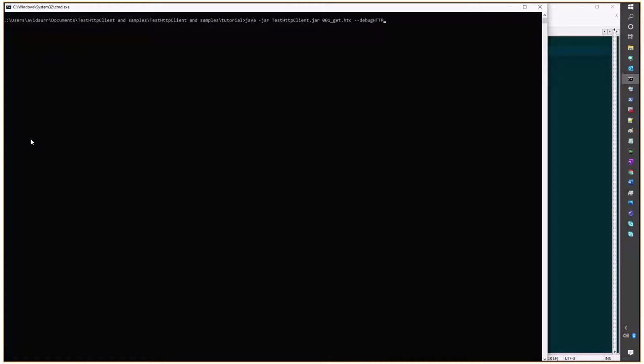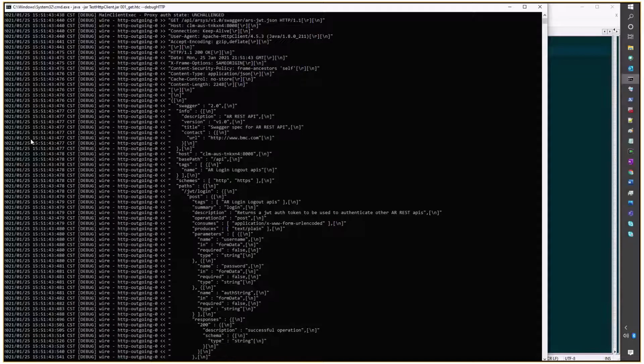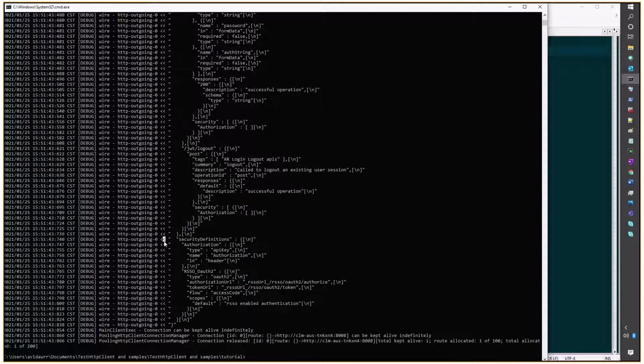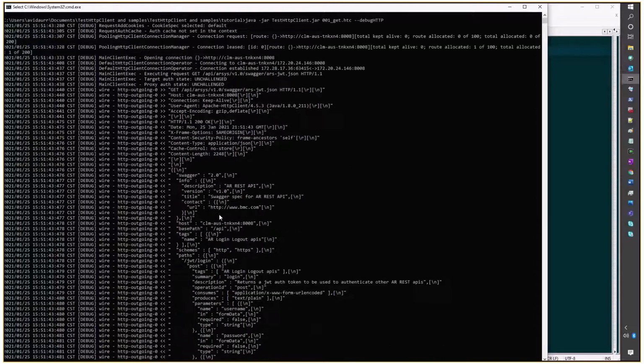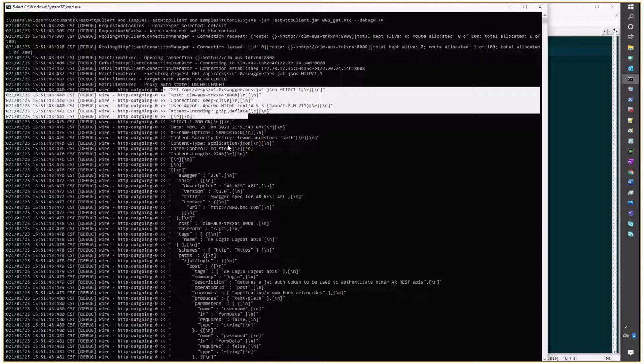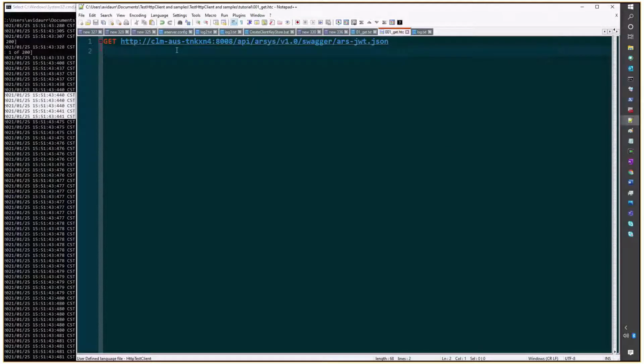And I'm adding debug HTTP to make sure that we have output on the console. And there it is. We know we're getting information back because of all of these less-than signs, and that's a request. Now I'll go back to the script and add a little bit more details, like, hey, I want to